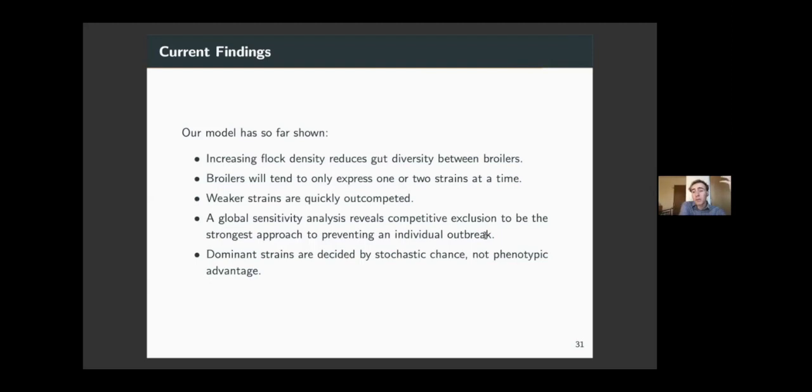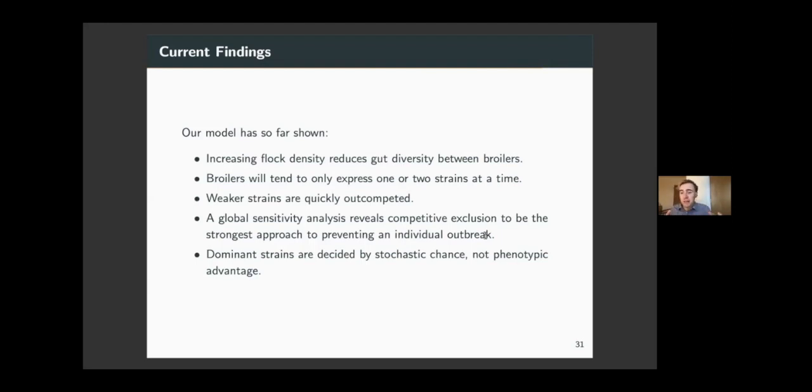One reason I wanted to talk about this model, and perhaps it might be helpful for anyone listening, is that perhaps you've got an idea from your research, something that you want to test out. When I gave this talk at a welfare conference back in the pre-COVID times, one of the key questions was, how important is housing density? I actually came into the PhD thinking, well, it seems obvious to me, right? Just give these chickens more space. It's obvious, then it'll go away. It should be no problem.